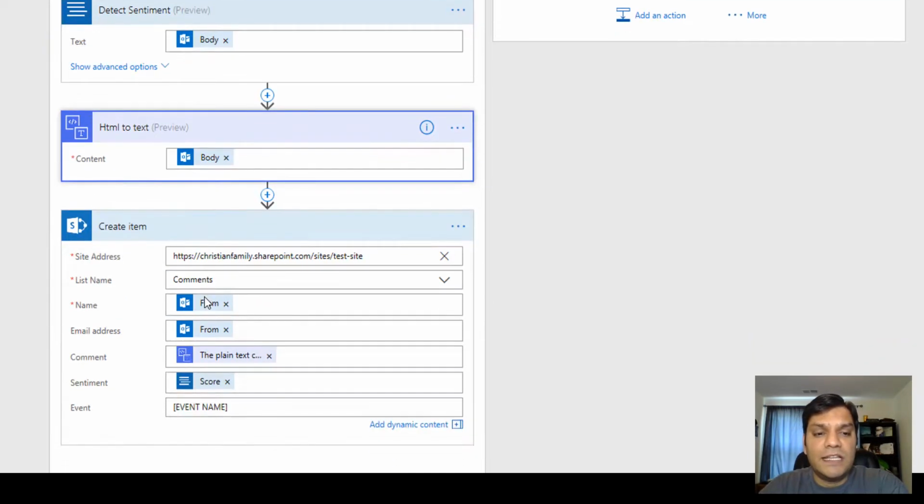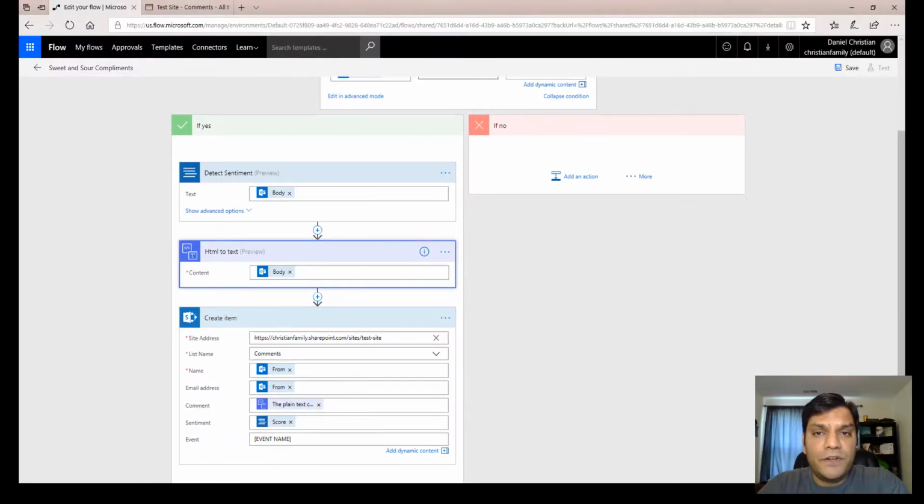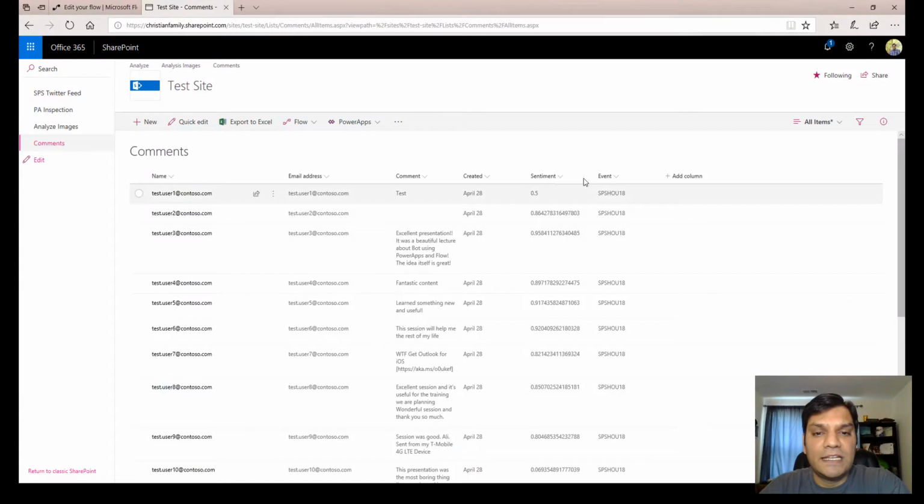And then after that, I went ahead and just put all of that to a SharePoint list in this example. But like I said, you can put that into an Excel spreadsheet, or you can even put that in your SQL table. So after all of this was done, I was able to now go ahead and get this type of content. And these were all the lists and the columns over here. And this was actually data that came in from an event that I did this live, and it worked out really well.